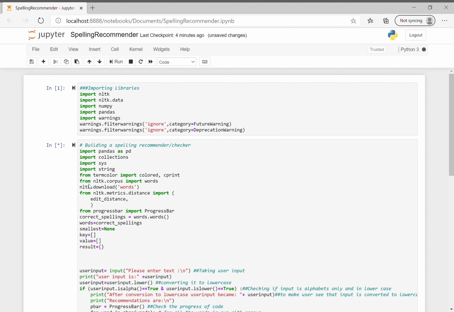And as I mentioned earlier, from the NLTK corpus I have downloaded the words dictionary, which has a number of words which we'll be using as a basis to compare the spelling that we will be giving as an input for this recommender. So, what would be the metric to find whether the spelling is correct or not? Even if we find that the spelling is not correct, which one would be the correct spelling out of the number of words that we have in the dictionary?